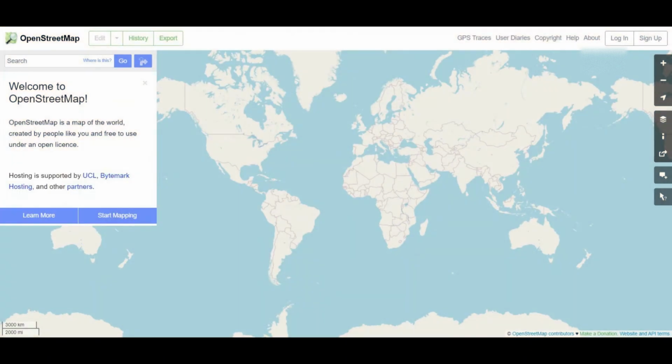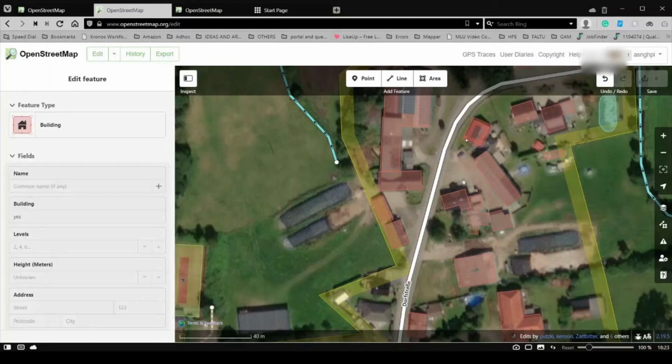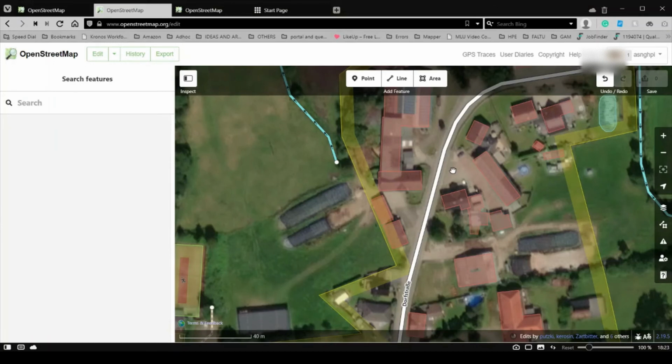Remember, if you ever need to step back a few edits, click on the back arrow icon at the top of the iD editor. You can also step forward a few edits with the forward arrow icon. Remember to save often. Please pause this video and take a moment to practice mapping a point. Return to this video when you are ready to learn how to map a line.